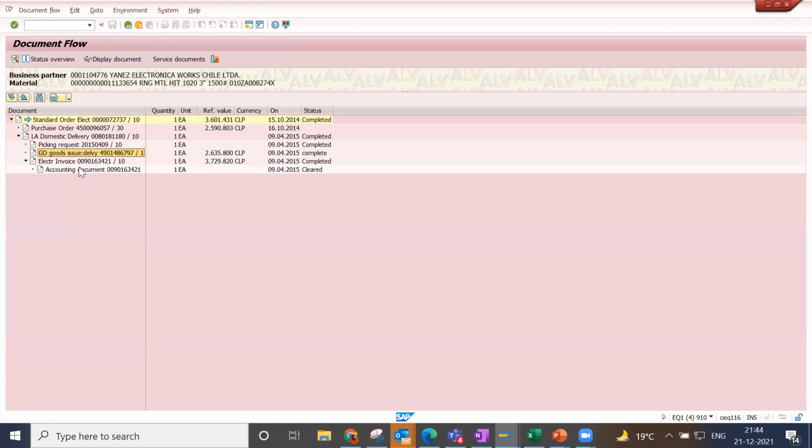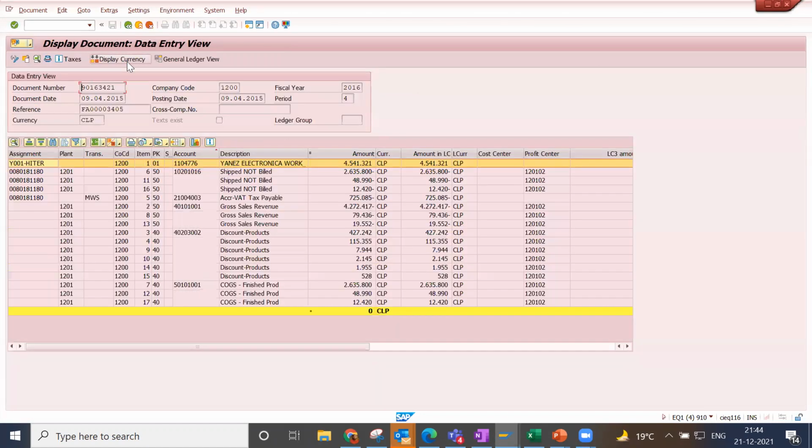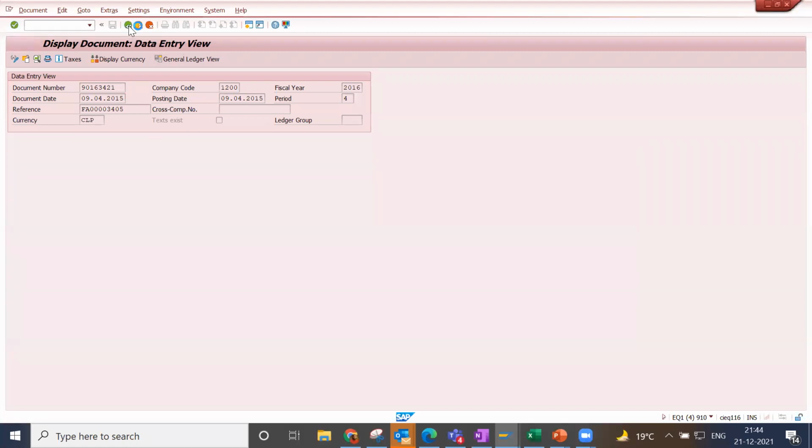So here, again, after the invoice is generated, you can see the accounting document. When the invoice is created, the accounting document is generated. The accounting entry will always be customer account debit and revenue account credit. So you can see these are all the postings. The revenue accounting posting is completely done by the FI module.